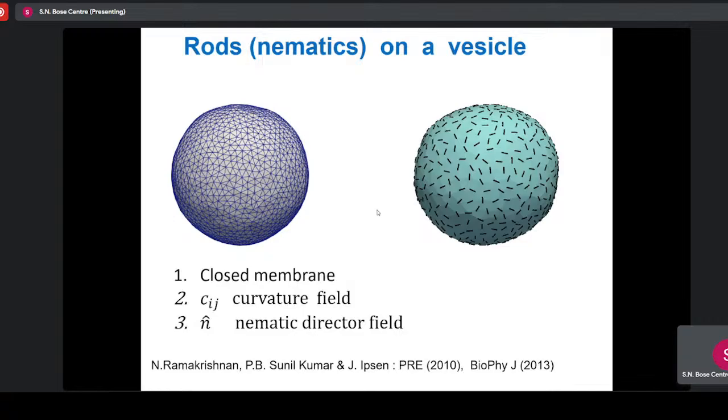On the vertices. Can I choose to put them on a fraction of vertices? Yes, I can choose to put them on a fraction of vertices, but in this particular simulation which I'm describing, I have put them on all vertices. So it's uniformly covered. You mean here? Yeah, no, that is just a visual artifact. It's a sphere covered with these triangles.